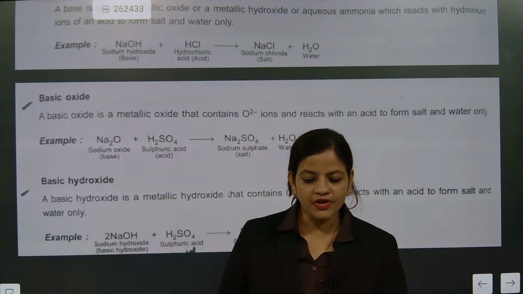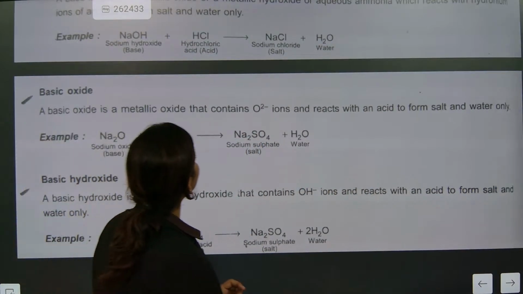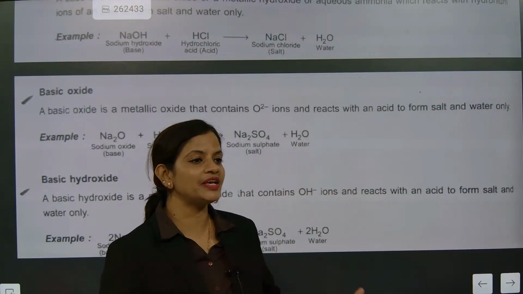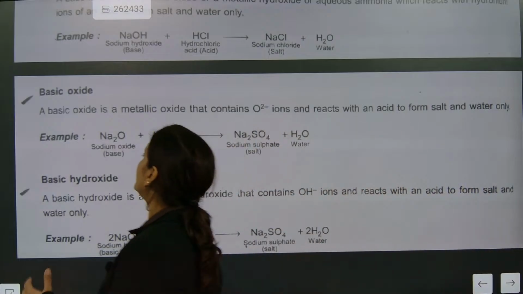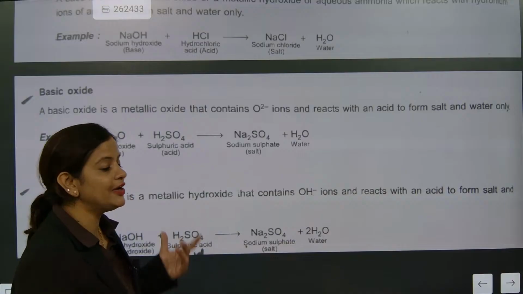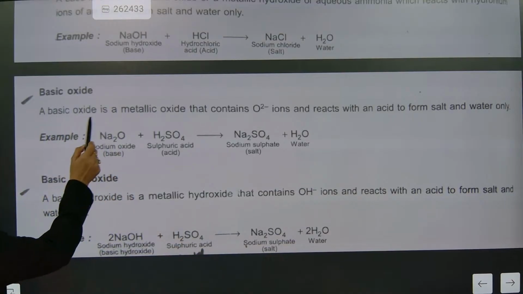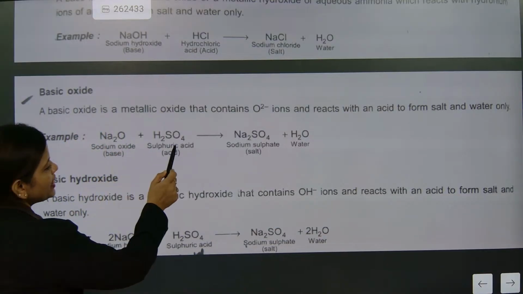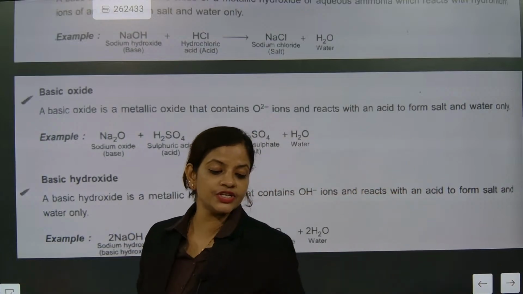Please, Praveen present. Okay. Now look here. So we are going to understand that basic oxides are metallic oxides, because most of the metals behave as basic oxides. Quick revision we are needing so that we can go to question and answers. Now understand here, basic hydroxide. If somebody asks you about basic hydroxide, check this one out. This is basic oxide and basic hydroxide. So when metal reacts with oxygen, it will become base. This base will react with acid, and this type of reaction is called neutralization reaction.